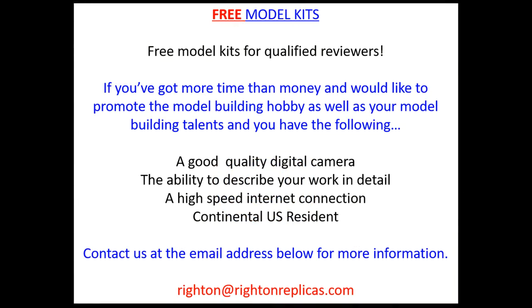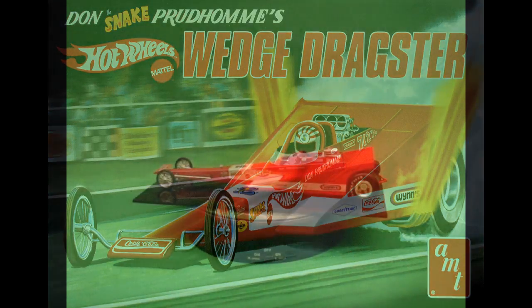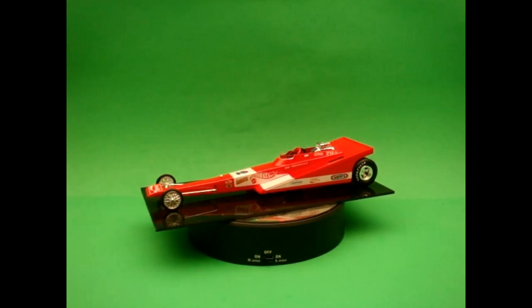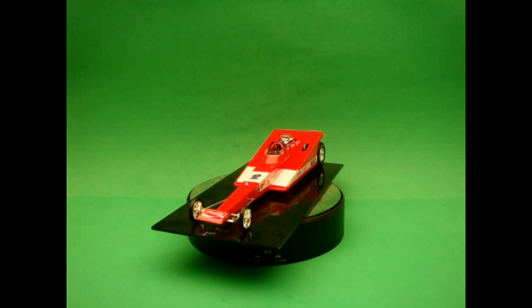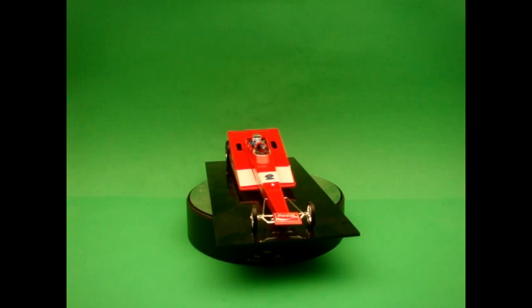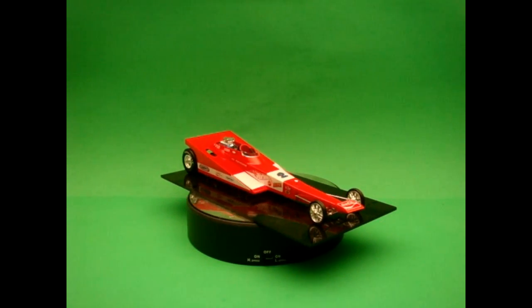This review covers Don the Snake Prud'homme's Wedge Dragster. It's AMT kit number A1049 in 1/25th scale. Now, Don got his nickname the Snake from his many drag racing encounters with Tom the Mongoose McEwen. Eventually, they formed an alliance to keep up the rivalry and entertain drag racing fans with challenge races all over